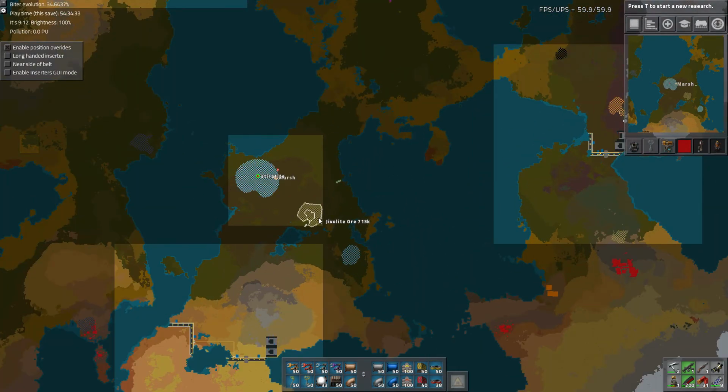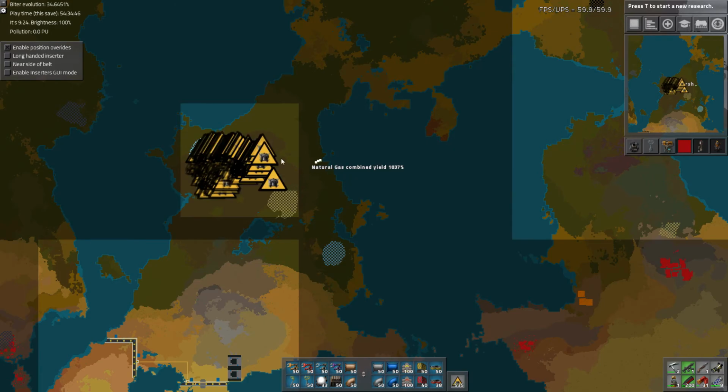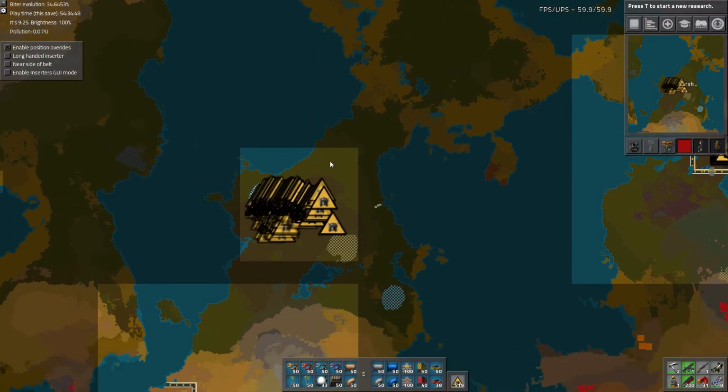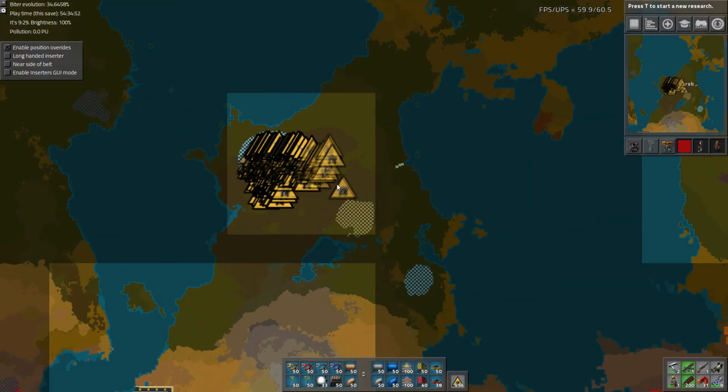Where do we want to put this loading station? Is that natural gas pretty good? Yeah. Man, that's a big patch too. Kind of want to do the station straight up, but we can't really, because we don't have a landfill right now. It's out at the base. Should have brought it, but...